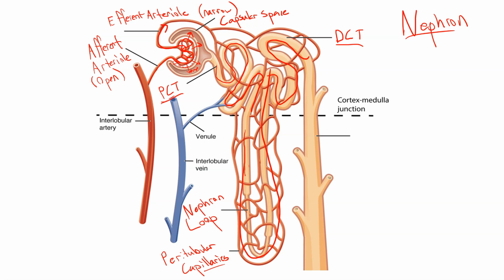So here's how it works. You have a whole bunch of fluid that's driven out of the blood and into the nephron right here. I should say that this big knot of capillaries does have a name, and that is called the glomerulus. Okay, so that fluid leaves and it goes and goes and goes. Now,